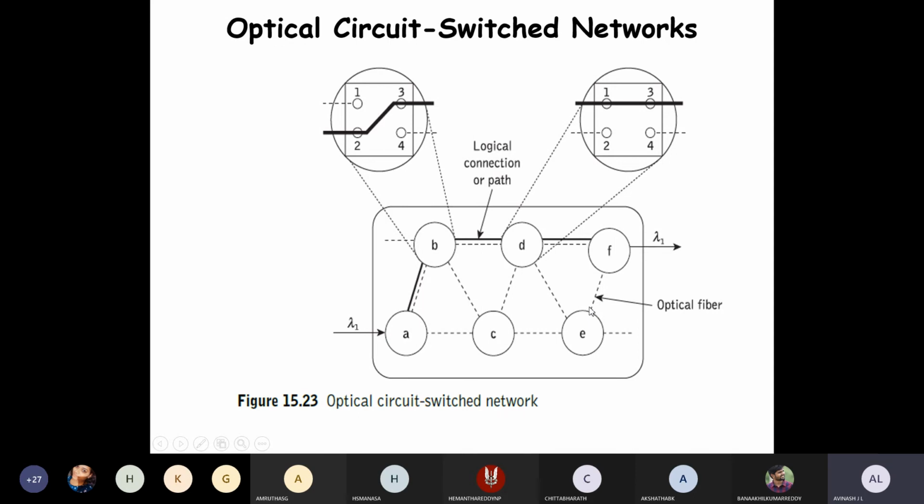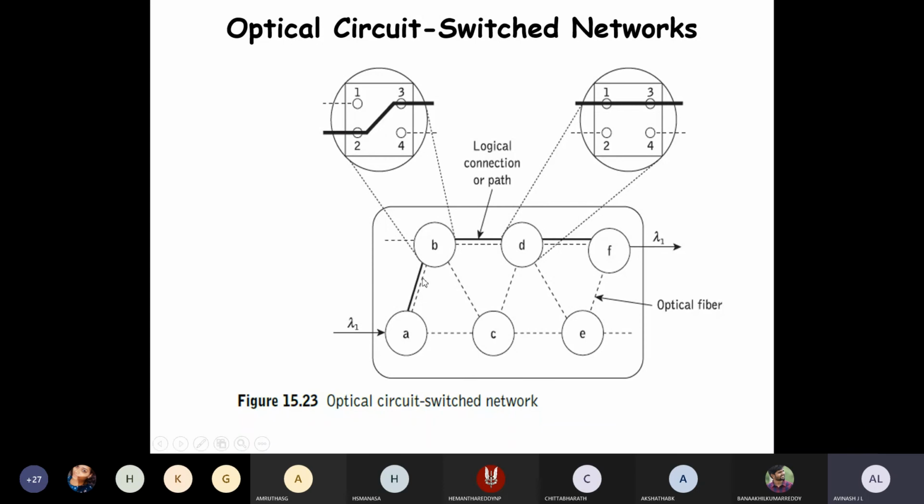If you take one particular node, for example node B, and enlarge it, there are 4 ports, 2 plus 2. One is taken as input and the other is taken as output, that is the dotted lines. Port 2 is taking the input and port 3 is giving the output, which is vertical for a fixed path. That means there is a provision of a fixed path as well as a virtual path. That is exactly the meaning. There is a connection like that.